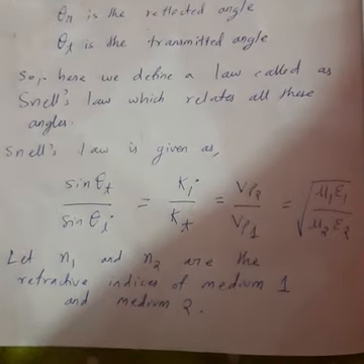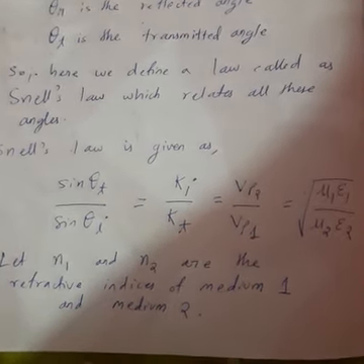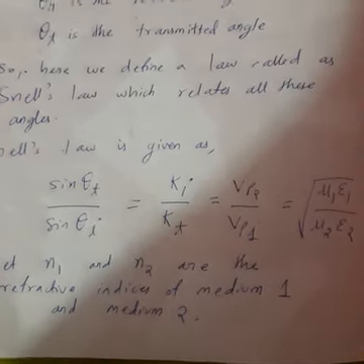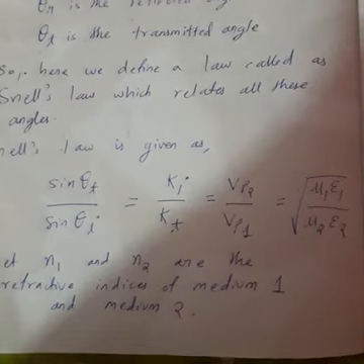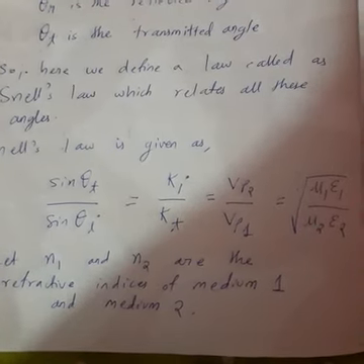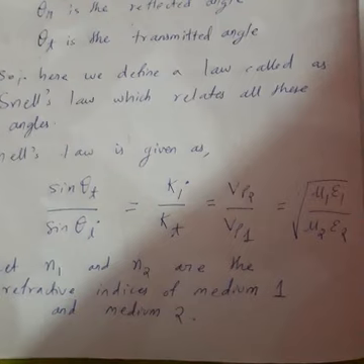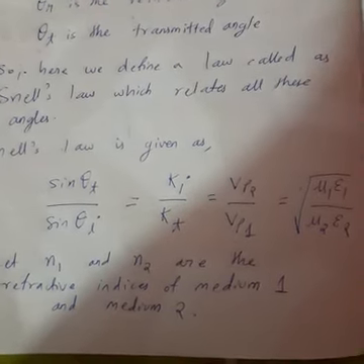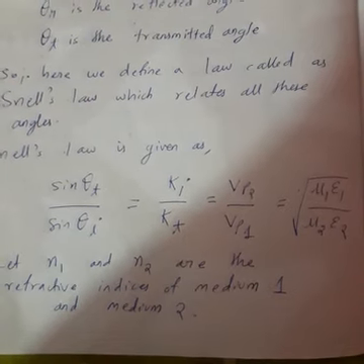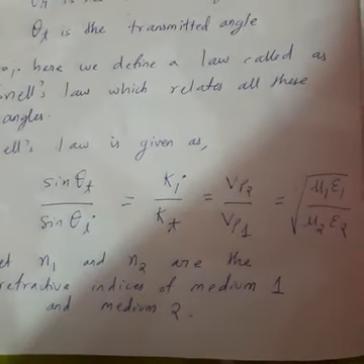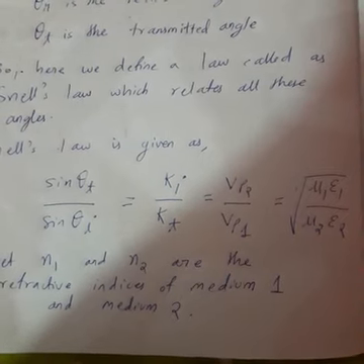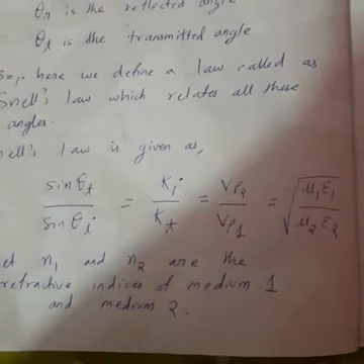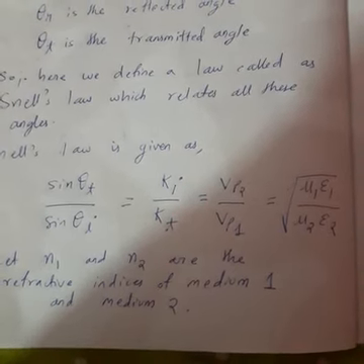So the total formula becomes sin theta t by sin theta i is equal to ki by kt. This is also equal to vp2 by vp1, which is also equal to root of mu1 epsilon1 by mu2 epsilon2. Already you know this from the previous topic. We already discussed the formulas for phase velocity and beta. When you divide the two phase velocities, in beta there is conductivity, so conductivity cancels out. What remains is only root of mu1 epsilon1 divided by root of mu2 epsilon2. This law is called Snell's law.